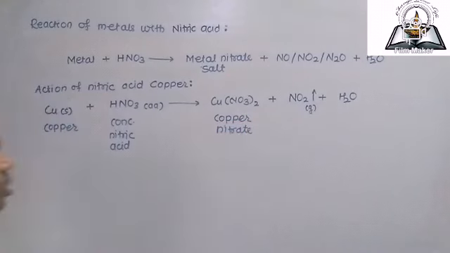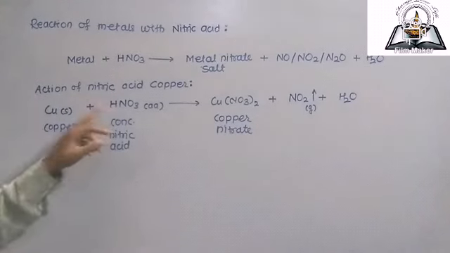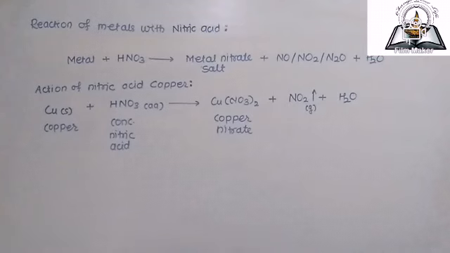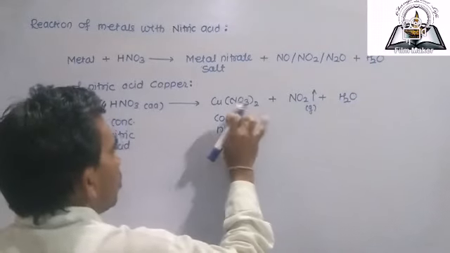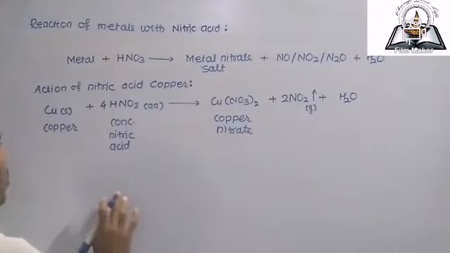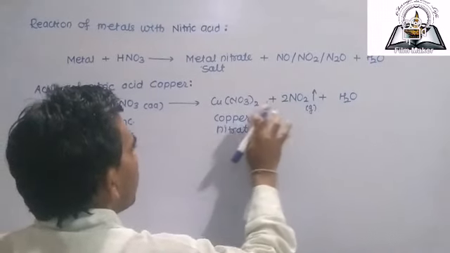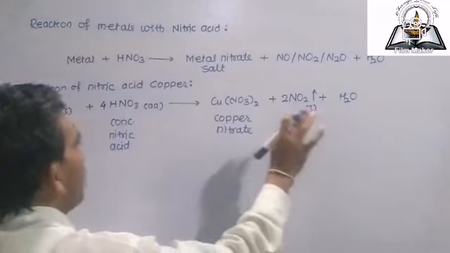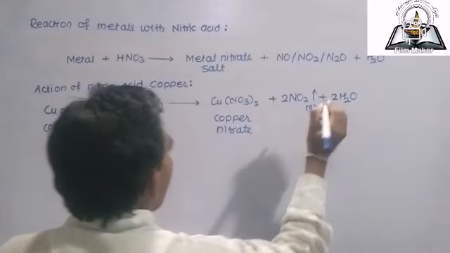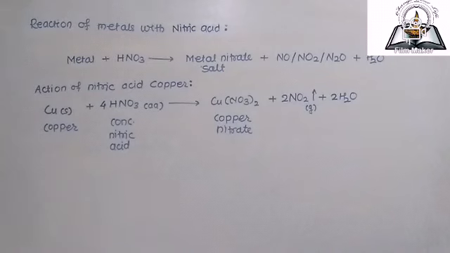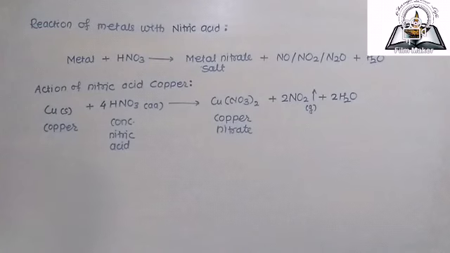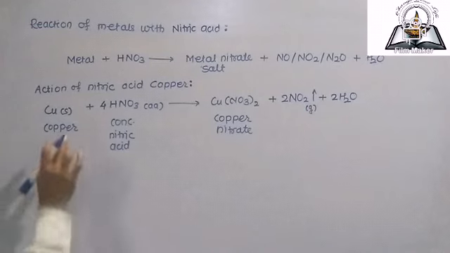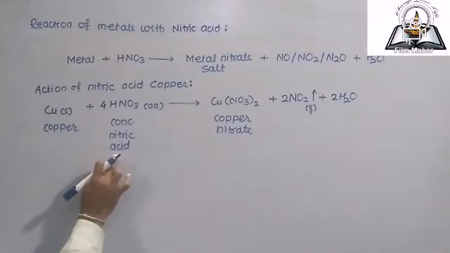So यहाँ पे अब balance करना पड़ेगा. इधर के side में अगर देखते हैं तो नाइट्रोजन जो है वो 3 है और यहाँ पे नाइट्रोजन 2 है. तो हमें balance करने के लिए अगर मैं यहाँ पे 4 से multiply करूंगा तो यहाँ पे 2 हो गए और यहाँ पे 2 multiply करना पड़ेगा. फिर ऑक्सीजन अगर देखते हैं तो ऑक्सीजन कितने हो गए, यहाँ पे 6, 4 और then next one हाइड्रोजन भी 4 है तो यहाँ पे 2 से multiply करना पड़ेगा. So this is copper reacting with nitric acid giving rise to copper nitrate along with nitrogen dioxide. ये हो गई reactions of copper with concentrated nitric acid.